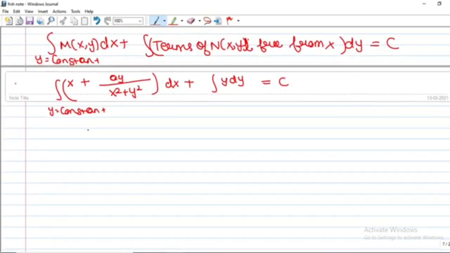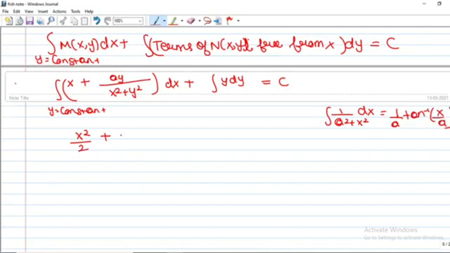Now it's up to you how you want to integrate it. It's up to your skills. So first it's x square by 2, which is very simple to integrate. Now y is constant and you know that integration of 1 upon a square plus x square dx is nothing but 1 by a tan inverse x by a. So we will use this, and because of which we are going to get